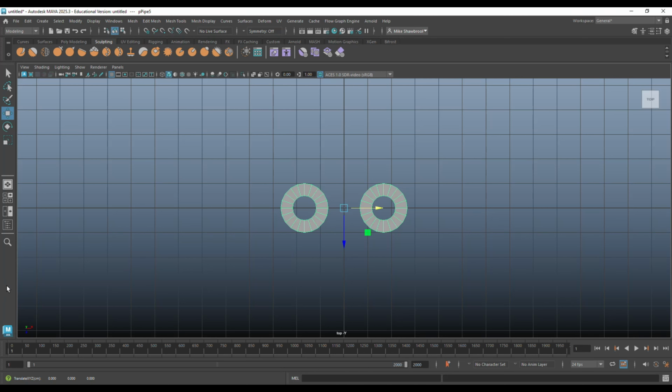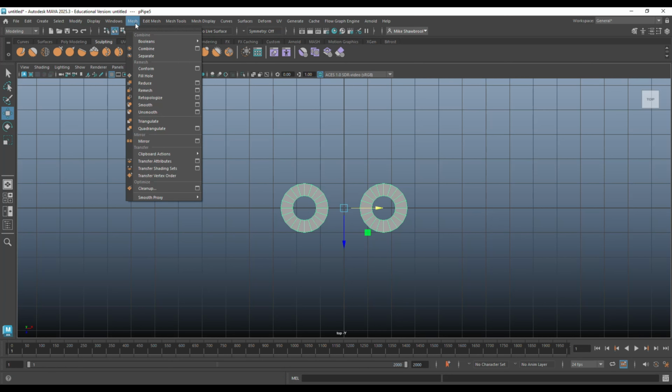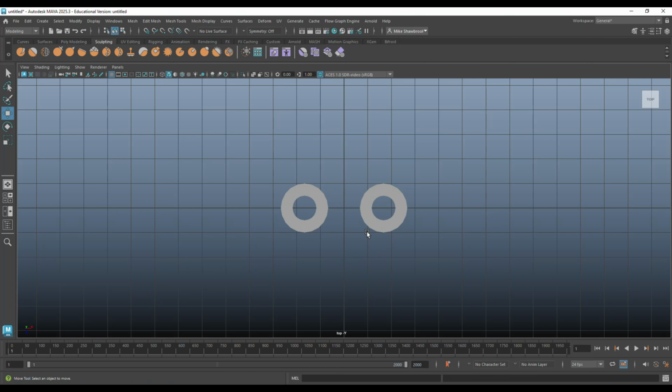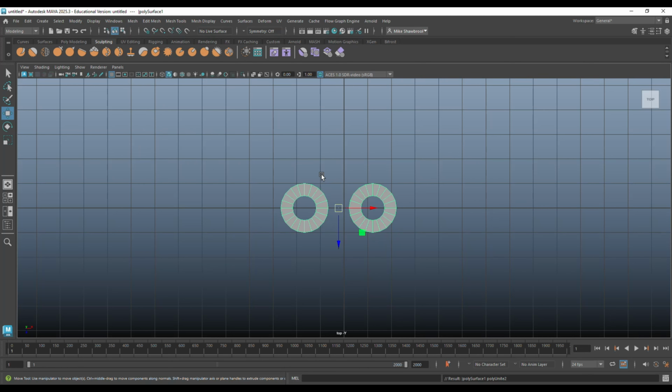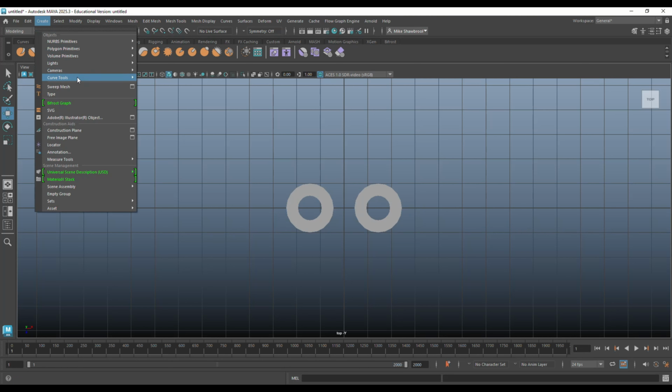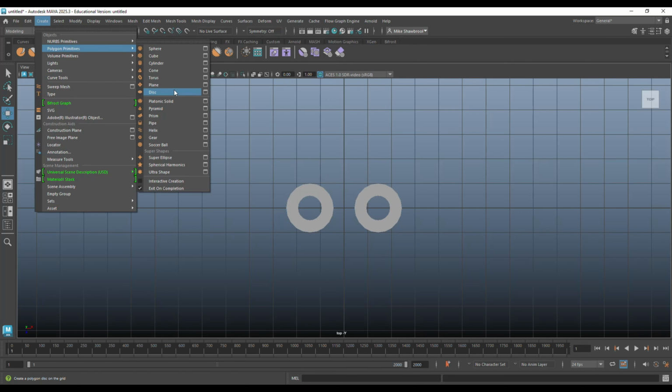Like that. Grab the two, go to mesh, go to combine, hit W again, hold on X again, and snap them right there. I think the spacing is maybe a bit much, so let's go to separate, bring it in a little bit, go back, mesh combine, W, hold on X. That looks a little bit better, right? Okay, now we're going to need another pipe because we need to make that inner plate. So we're going to go once again to create, polygon primitives, to pipe,